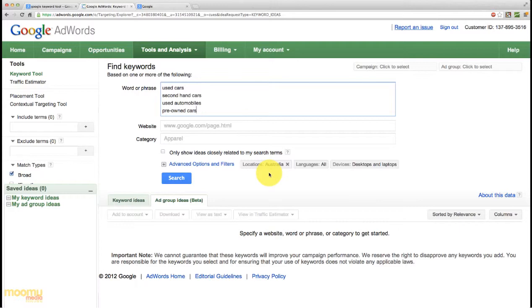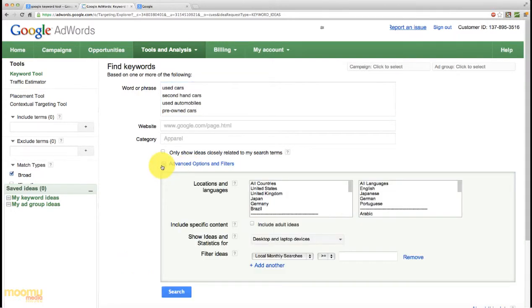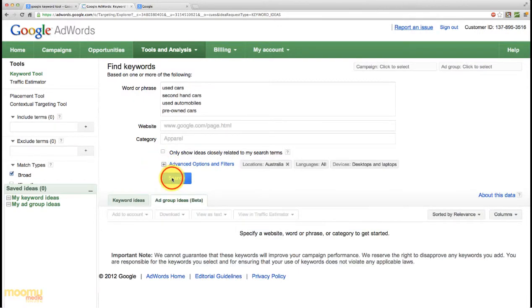If we were creating a site about, say, an informational site that had international appeal, we want to get rid of that. Languages all, that should be fine. We might want to change it to English and devices, desktops and laptops. So we can open up the advanced options and filters and we can choose other languages, choose other countries, and a few other parameters there, but for now that's fine. And we'll just click the search button